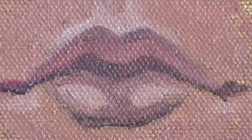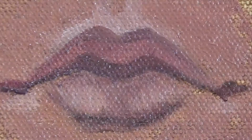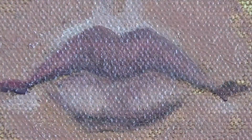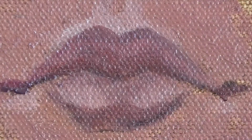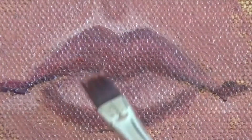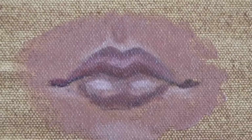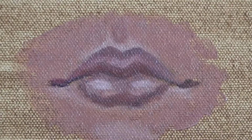Now if you look at a reference photo carefully, which I very strongly recommend when you're starting off with portrait painting, you may think that you have looked at lips all your life and you know how they look, but when it comes to painting, a reference photo is always a better thing to follow than your own thoughts, processes, or what you think is the right thing to do. So you can see that I'm adding some darks in the